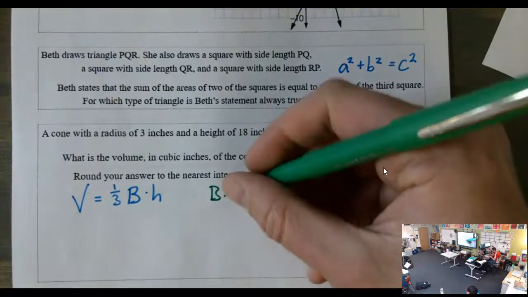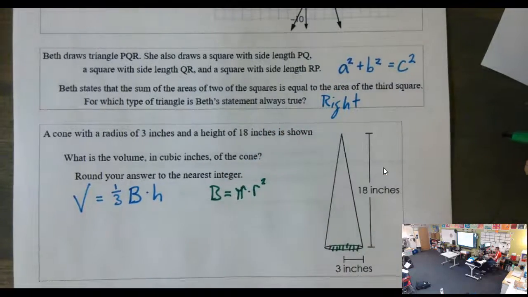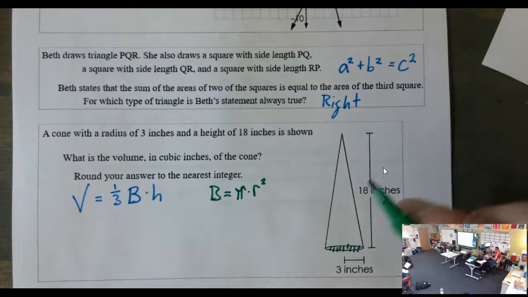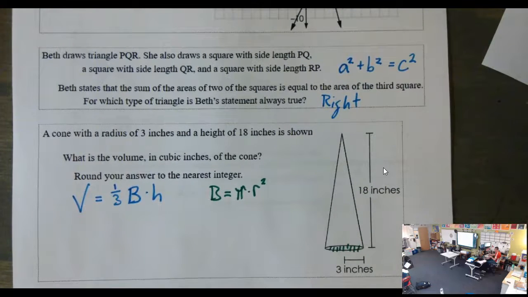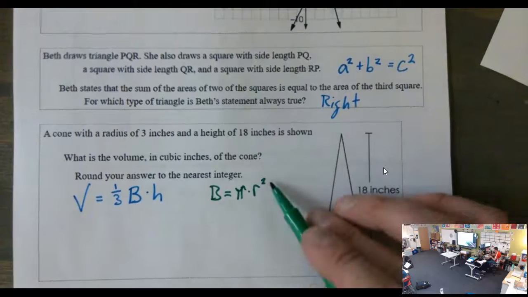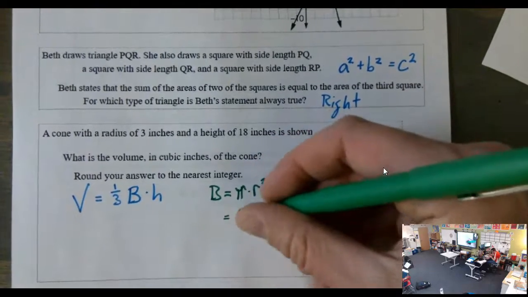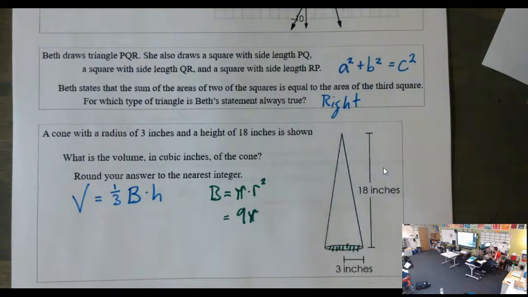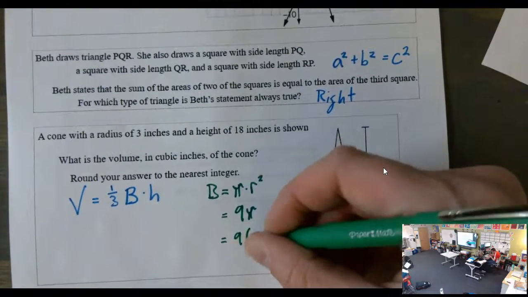How do we find the area of a circle? Pi r squared. Not radius doubled. Radius times itself. What's the radius here? 3. So what is 3 squared? 9. So this becomes 9 pi. And you can write it in that order of 9 pi, or you can write 9 times 3.14 and go